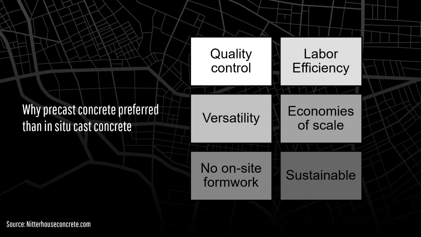Moreover, the next one is no on-site formwork. By eliminating logistical concerns, the scheduling becomes easier, which in turn helps to ensure that unexpected costs aren't accrued. So on-site formwork is a logistical headache. By using factory casting, you can avoid all the stress of coordinating on-site skilled labor and logistics.